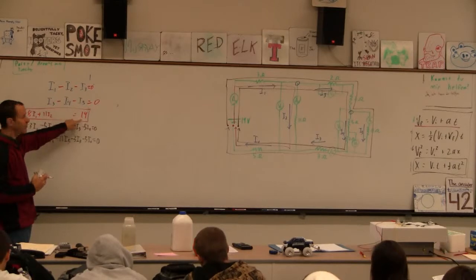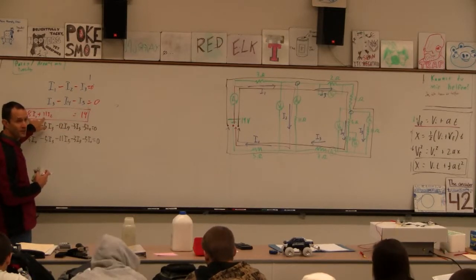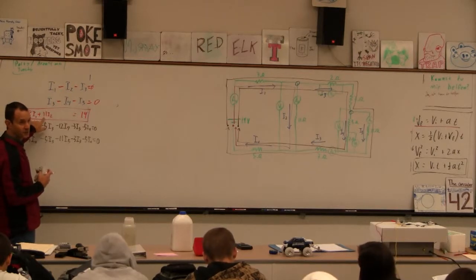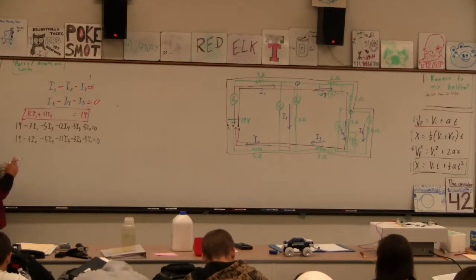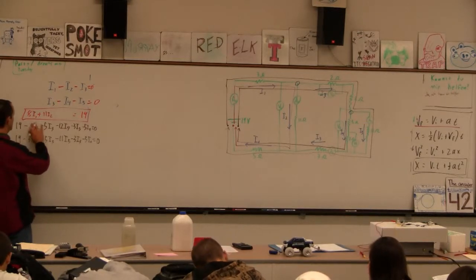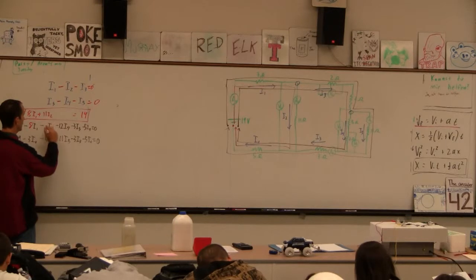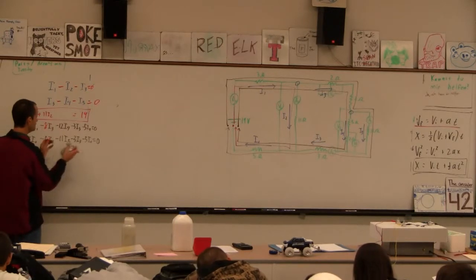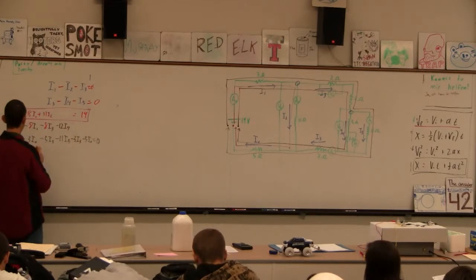Yeah? So basically, all I'm saying is, and we knew this from series circuits, that in a loop, the sum of the voltage drops equals the source voltage. That's another way to say it, right, when we solve series circuits, right? Okay. And then this guy here, I can take the I1s and make this 8I1, right? And then the I3s, aren't there 8 I3s? Yeah? Aren't there? Right? And then I can put the 19 over